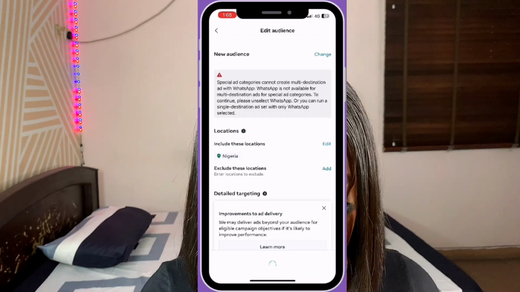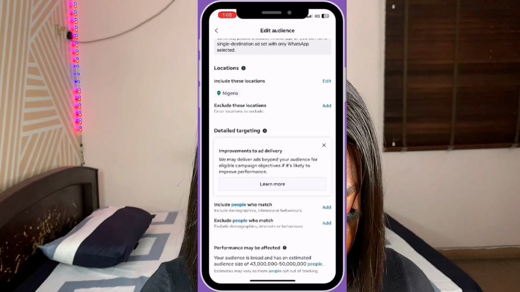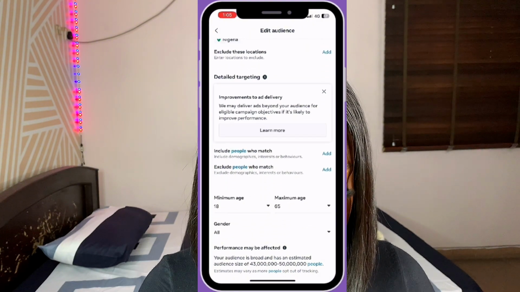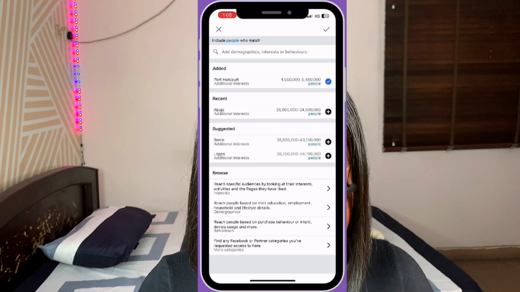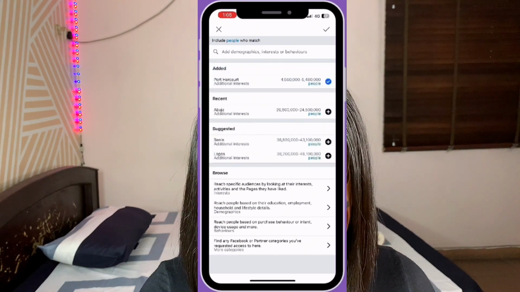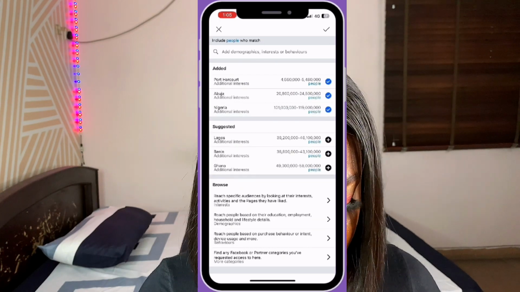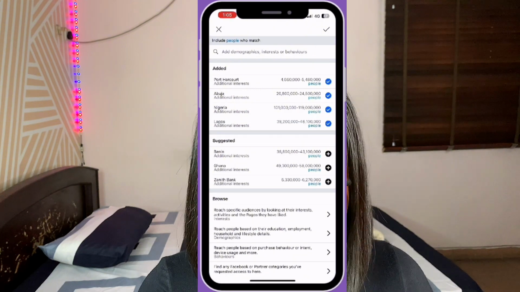And now you choose the audience. For audience targeting, you have to choose Nigeria because that's where I'm currently at. Now you have to be specific. You choose the specific states in Nigeria. So you're going to be choosing Port Harcourt, Lagos, and Abuja because these are where I want my ads to reach. Once you're done selecting the states you want,